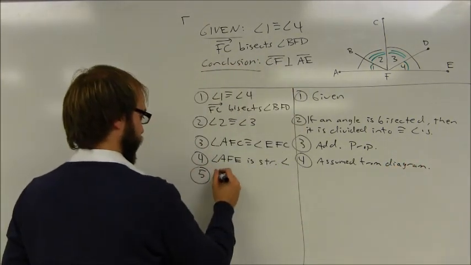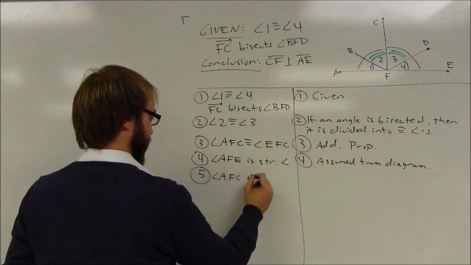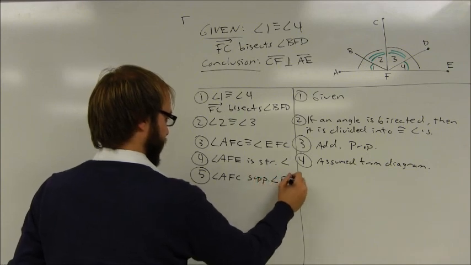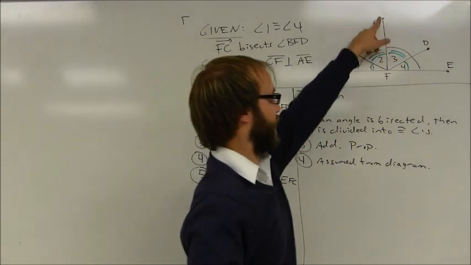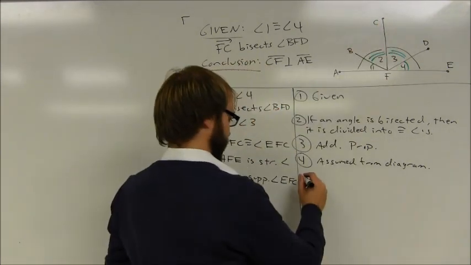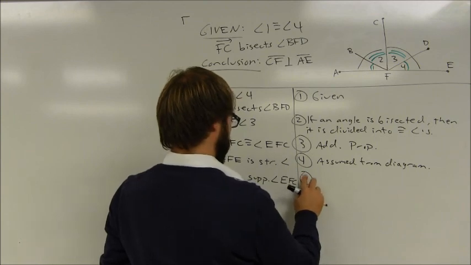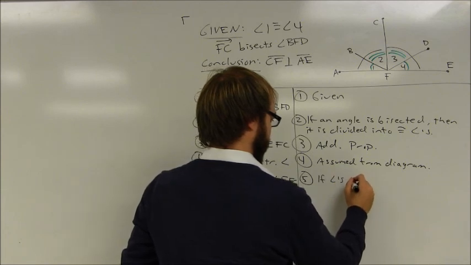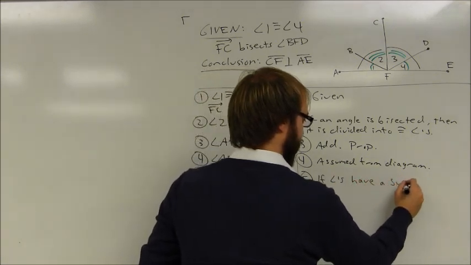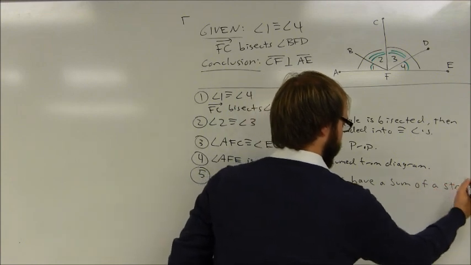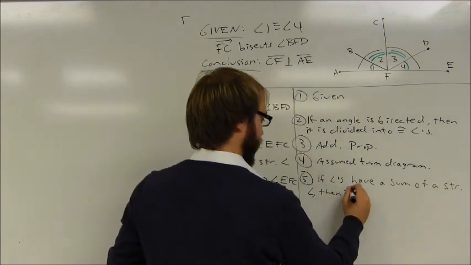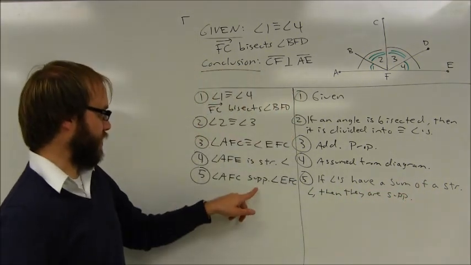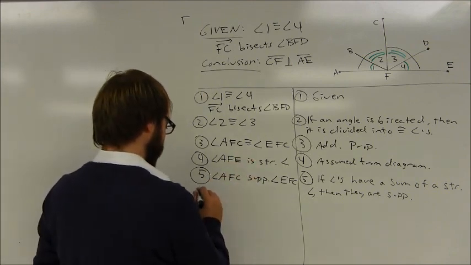And so what I'm going to be able to say at this point is angle AFC is supplementary to angle EFC. So we have AFC here, EFC there. They're supplementary. If angles have a sum of a straight angle, then they are supplementary. And now I've shown that the two angles are supplementary and they're congruent, which means that